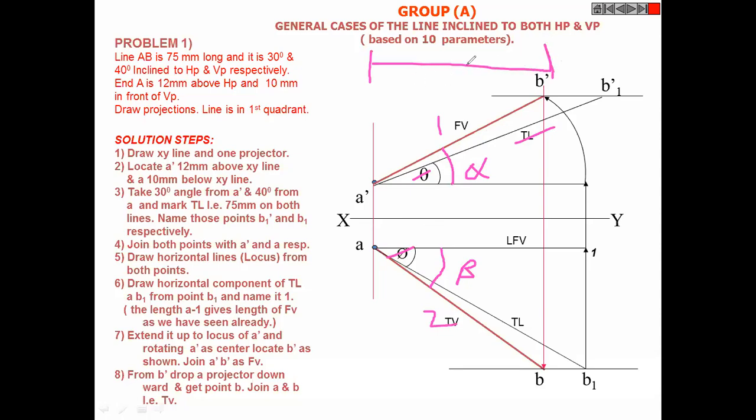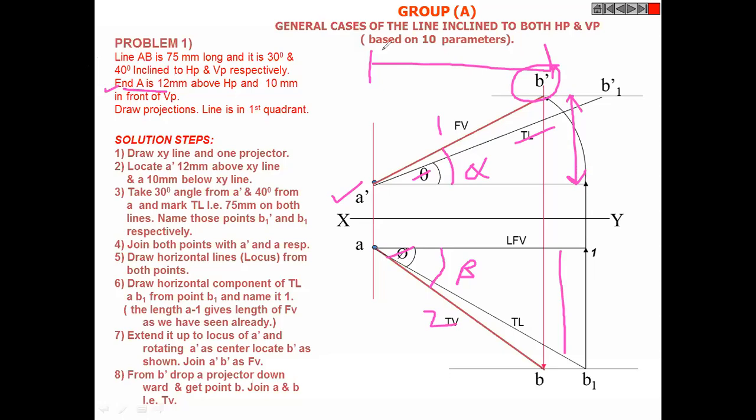Got it? Additionally, you get the location of B. A was given. Now you got the location of B also, where it is situated. So measure this distance, this much away from HP, and measure this distance, this much away from VP. Same way, what is described for A, you also got the location of B. So this can also be asked. Understand? So by doing just 3 or 4 steps after generating, you got the whole box to get filled up.